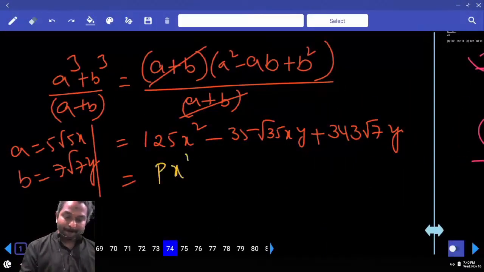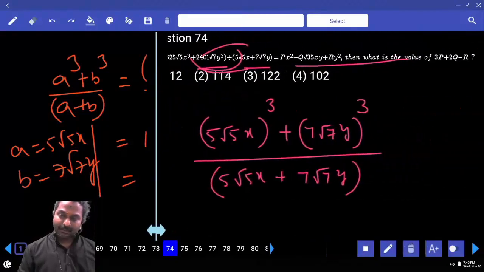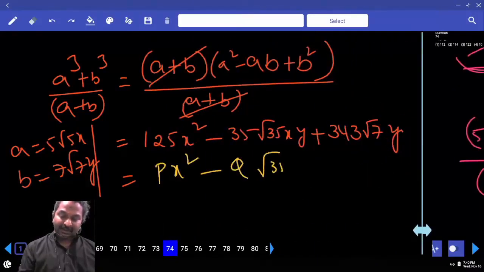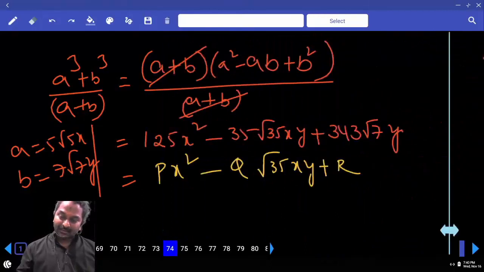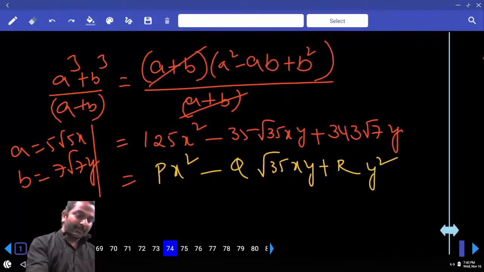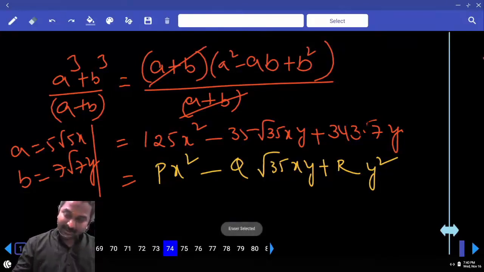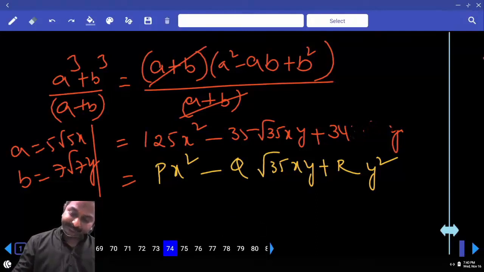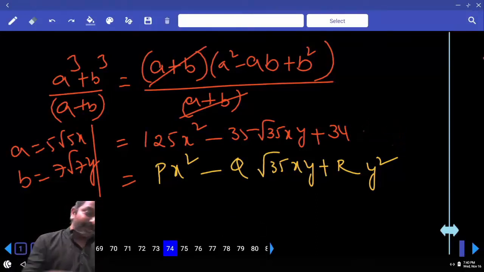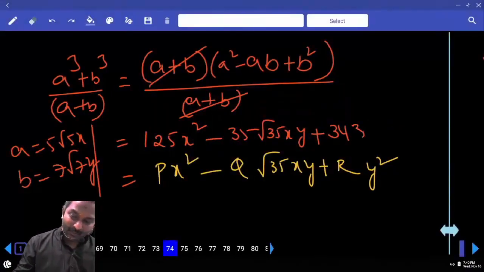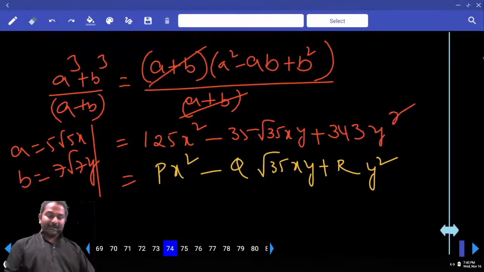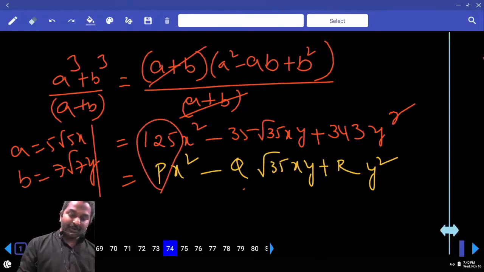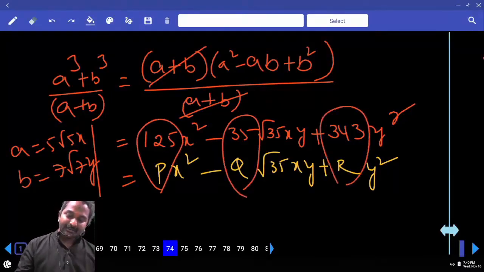So in place of here, what should be there? 343 y square, correct? From this, p is equal to, q is equal to, r is equal to